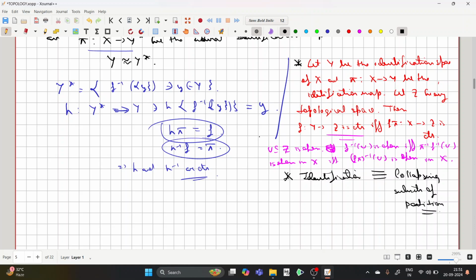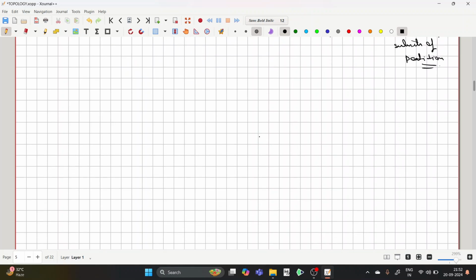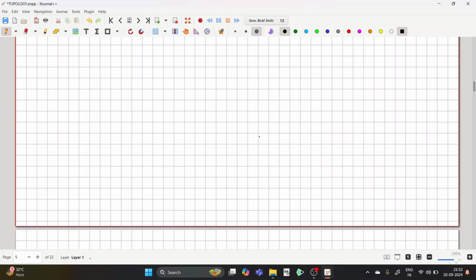Now we need to characterize some things, because we have done a lot using these identification maps. So we need to present some characterizations of these identification maps: how are we actually collapsing, or what is the relation between the identified space and the original topological space we started with, because this function is the only attachment which is still there between the identification space and the topological space we started with. Okay. So, theorem,